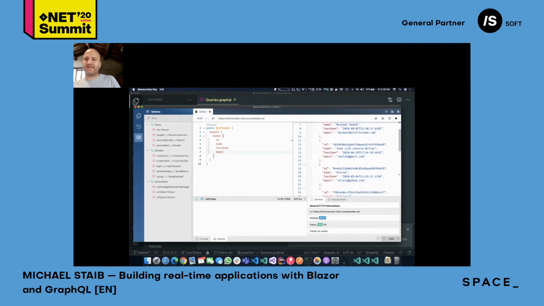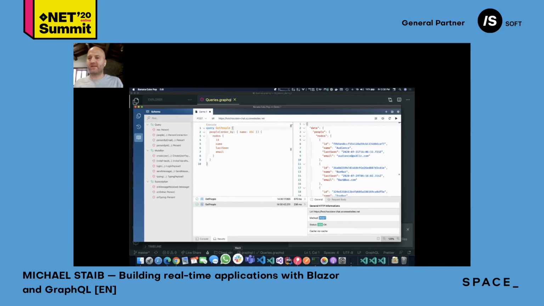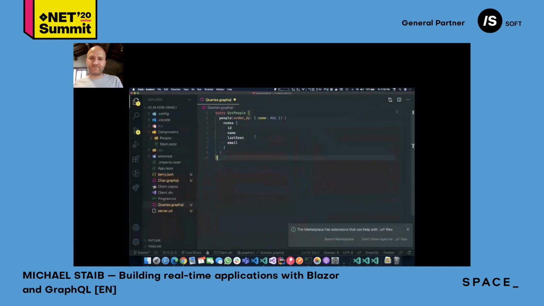But I can also see that it has a strange order, and the Hot Chocolate server has sorting enabled on the backend. So we can ask the server to give us the data in a different order. So we ask it to be ordered by name in ascending order, send the request back to our server, and we can see now the names start with an A. Okay, let's grab this query, paste it in our queries.graphql, and let's compile